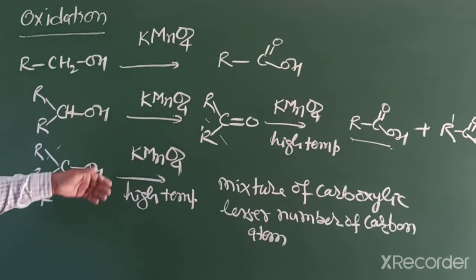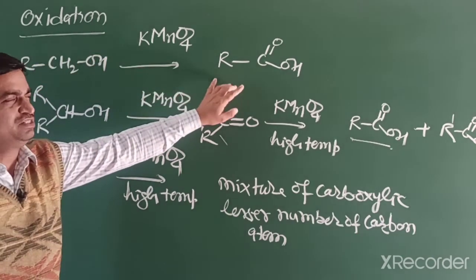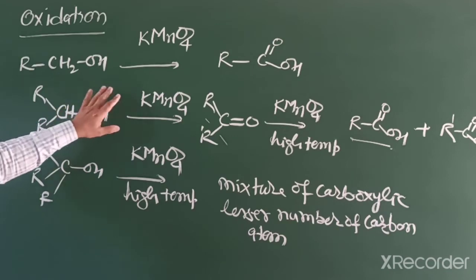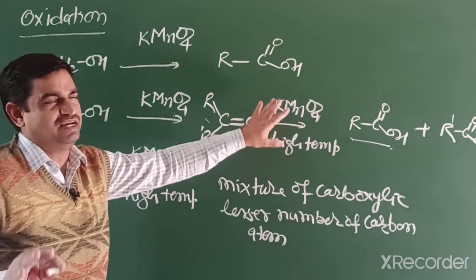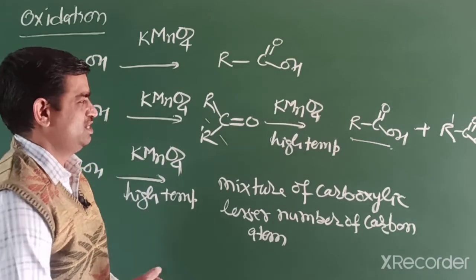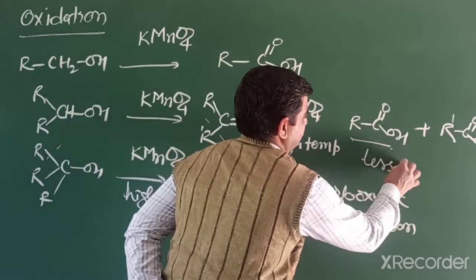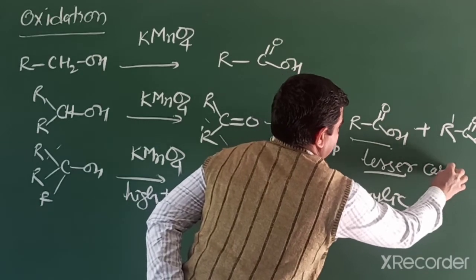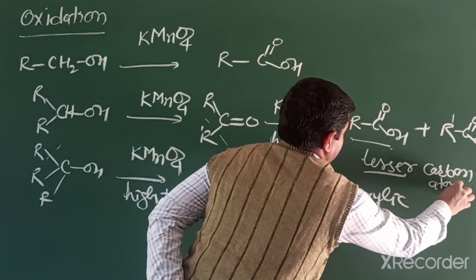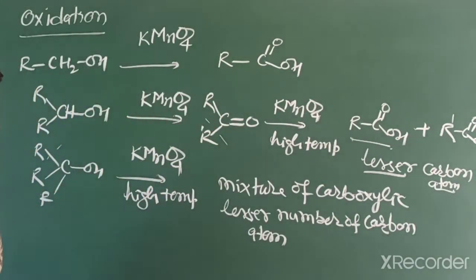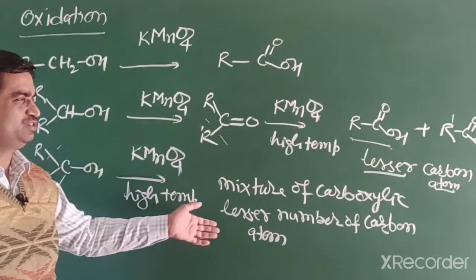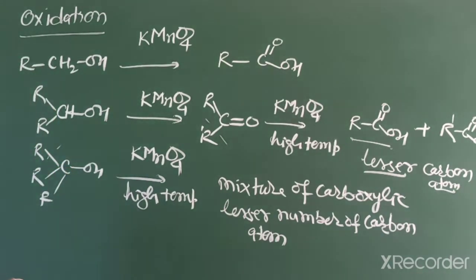So in this reaction we can conclude that with primary alcohol the number of carbons remains the same. Secondary alcohol first changes into ketone, and further at elevated temperature it also forms a mixture, but with a lesser number of carbon atoms. And tertiary does not normally oxidize, but at high temperature it also dissociates and changes into the corresponding carboxylic acids. Now a new reaction that we also explain is in the presence of catalytic oxidation, means in the presence of metal and high temperature.